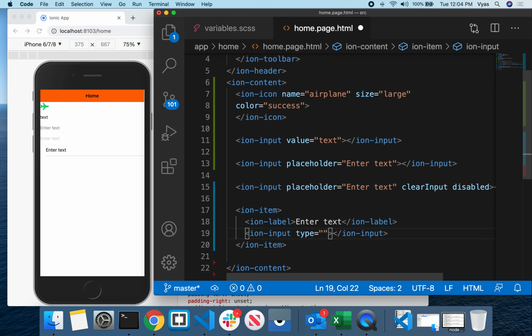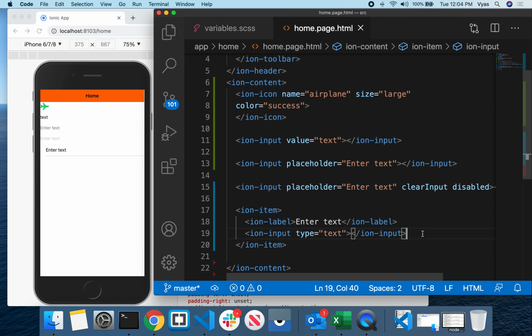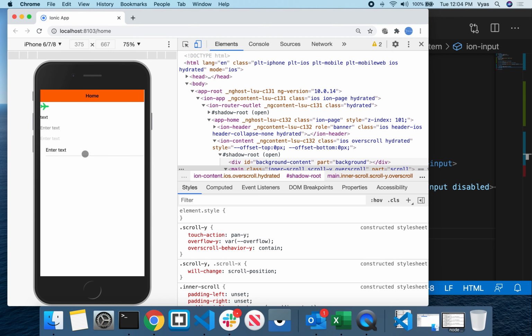Based upon this type, it will pop up the keypad. If you enter input type equals to number, then the keypad from your mobile device will pop up with numbers. Giving input type equals to text, the keypad will pop up with text and numbers. You can mention input type equals to text, number, email, password, or telephone number, TEL. You can mention any type here. Input type equals text here, I have entered.